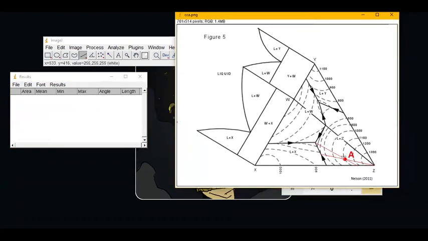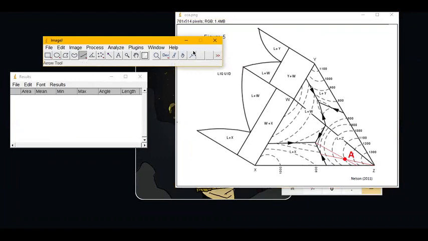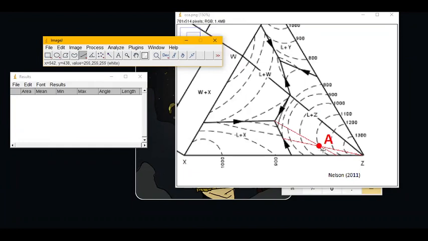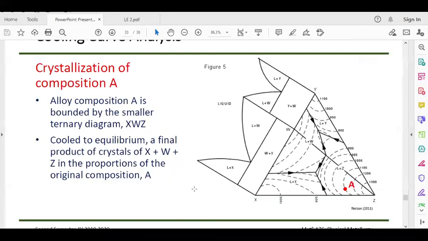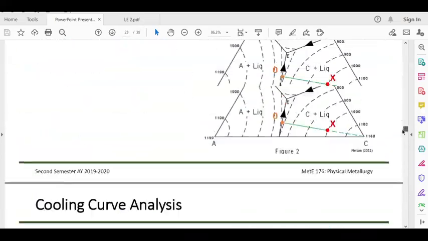Ang gagawin natin is we are at point A, tapos, the first thing we can determine with this point A is yung liquidus temperature ng particular composition na 'to 'no. So, notice again na eto kasi again this is a contour plot. So, meaning, etong mga lines na 'to signifies na meron tayong equal na temperatures 'no. So, and we can know the curvature. So, etong point A na 'to, we are sure na magiging liquid siya at a temperature equal to 1,000 degrees Celsius. So, just to recap siguro kung bakit siya gano'n, and again, this is explained in the podcast 'no,